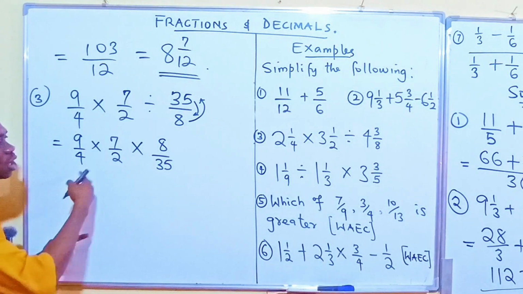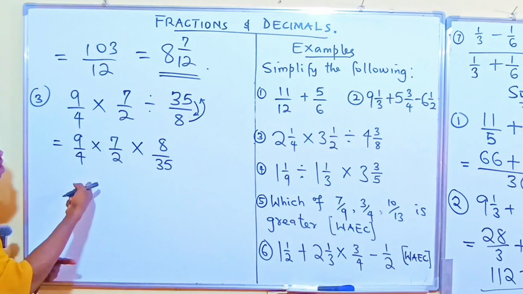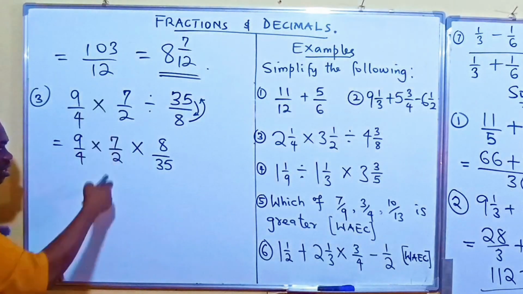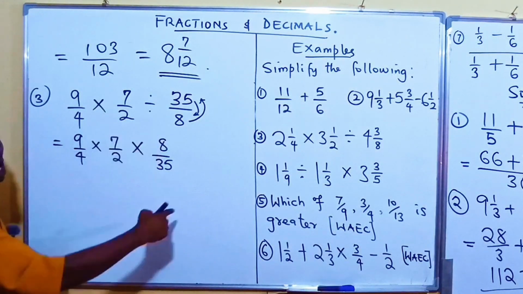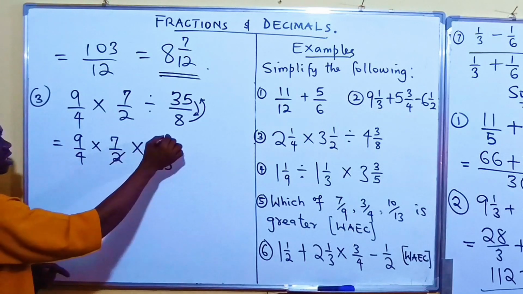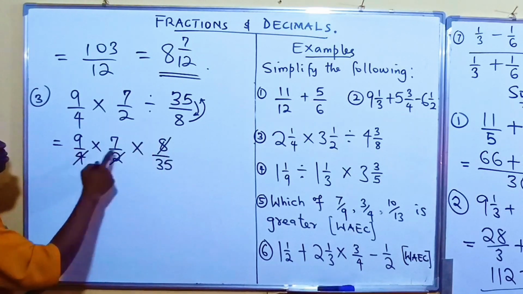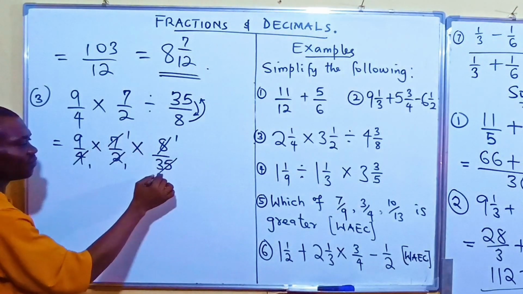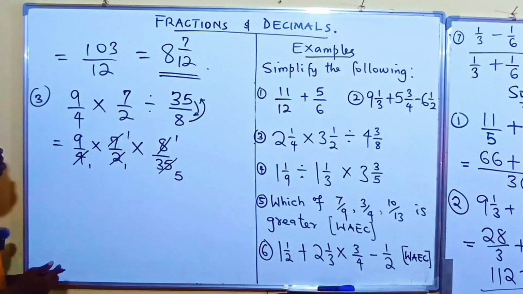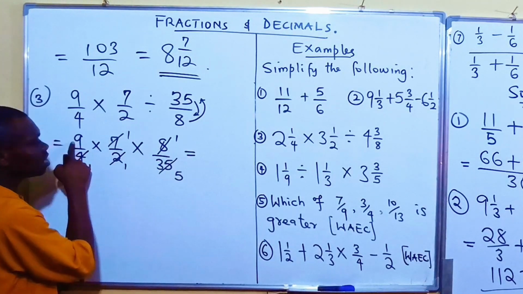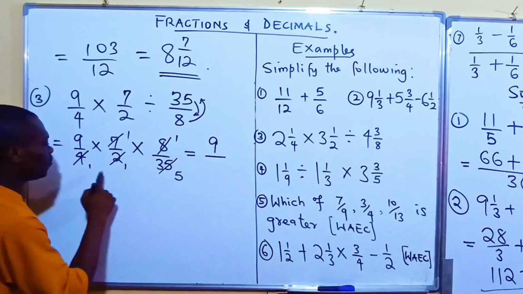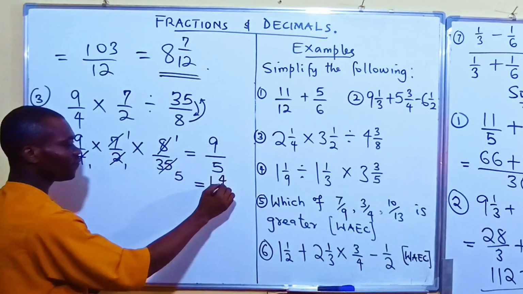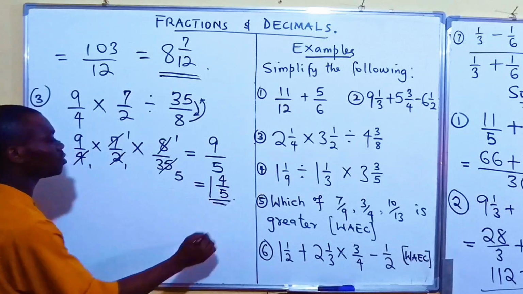Once you have multiplication, you can go ahead and divide across the diagonals or across verticals. So either you go diagonal or vertical. This way can go, this way can go, and so on. 2 can divide this to give us 4, and this 4 can also divide that other 4, so we just have 1 here. Then 7 here is 1, and 7 into 35 is 5. Nothing else can divide, so we bring out 9 over 5. So our final answer is going to be one whole number 4 all over 5